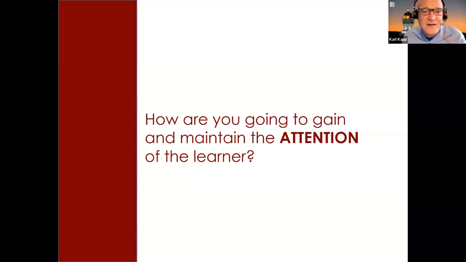certain elements. In fact, Jesse Schell talks about something called the curve of interest, where you gain interest, and then something happens, right? You satisfy that interest, and then all of a sudden it goes down. You can't have it go down, down, down, down. So you have to do something else to gain that interest.